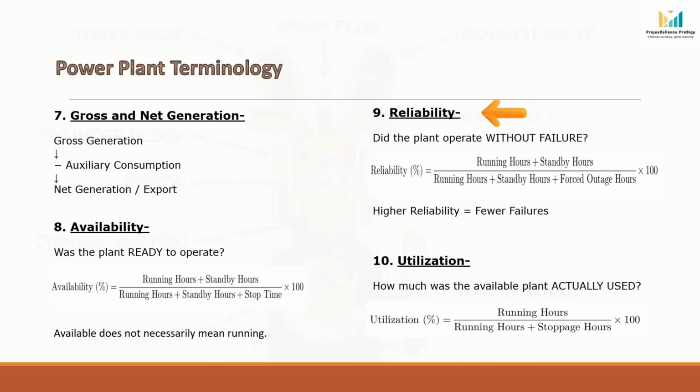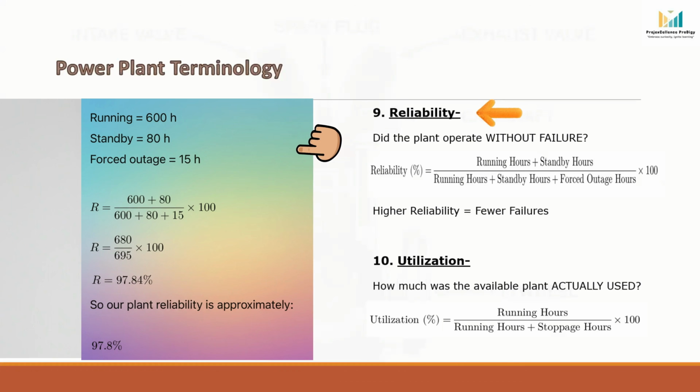For this reliability calculation, we are mainly concerned with the forced outage. In our example, running hours are 600, standby hours are 80, and forced outage is 15 hours. So 600 plus 80 equals 680, which will come in the numerator. And the denominator will be 680 plus 15, which will be 695. So 680 divided by 695 multiplied by 100. So this will give us